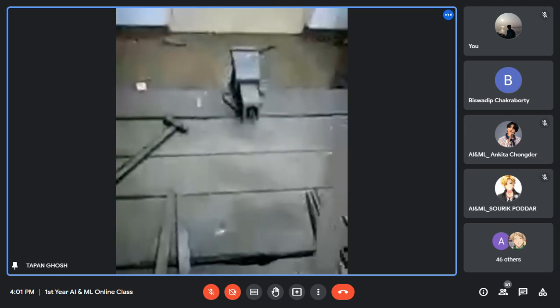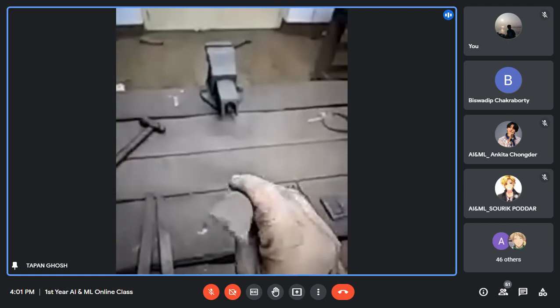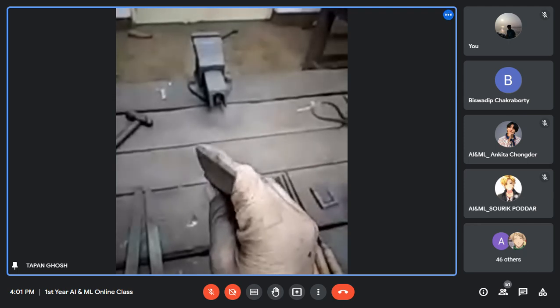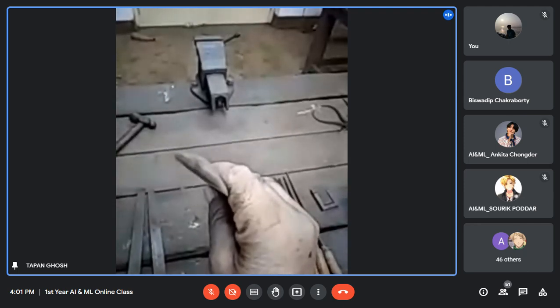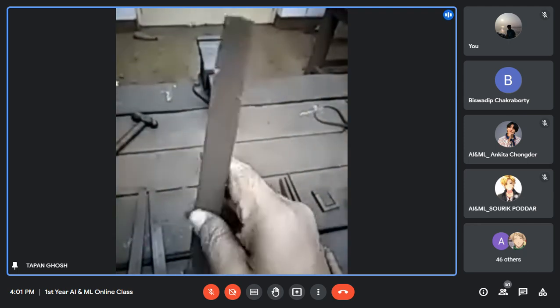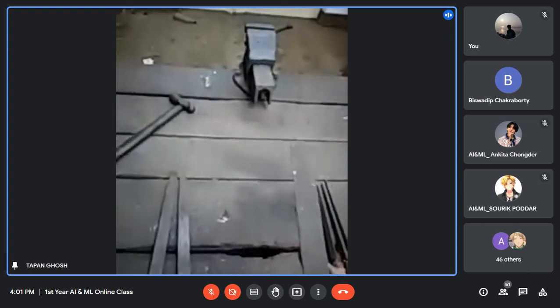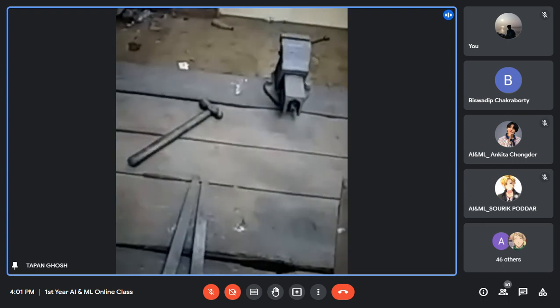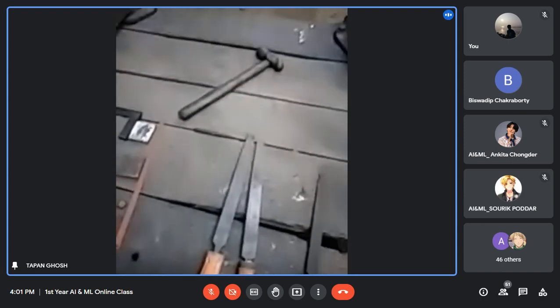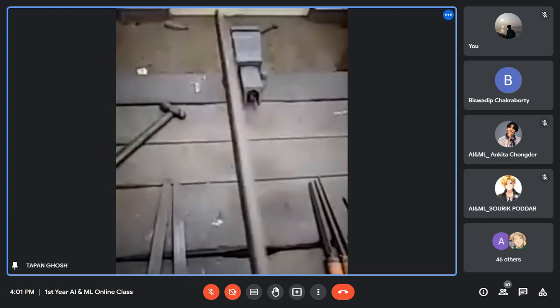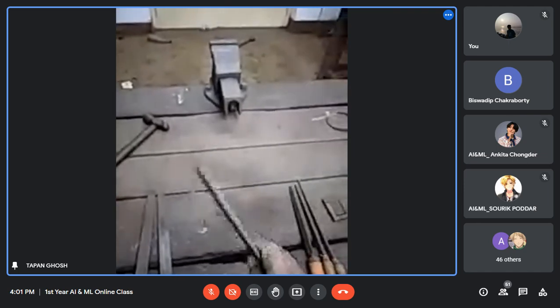Then you see that another file is there. There is a cutting tool. So you see the cross section. One side is semicircular, another side is flat. This is called semicircular flat or half round file.